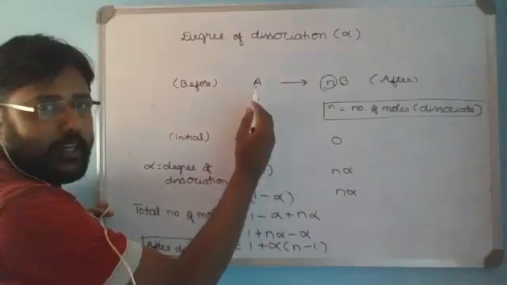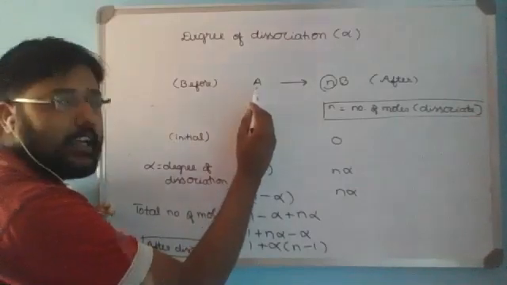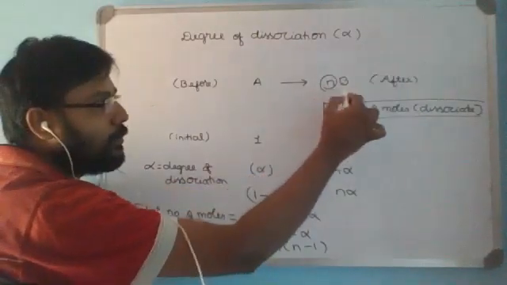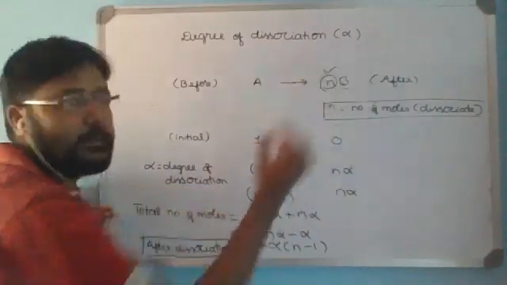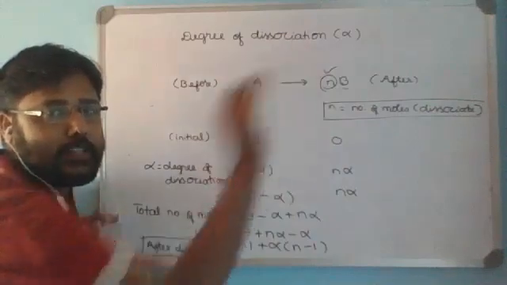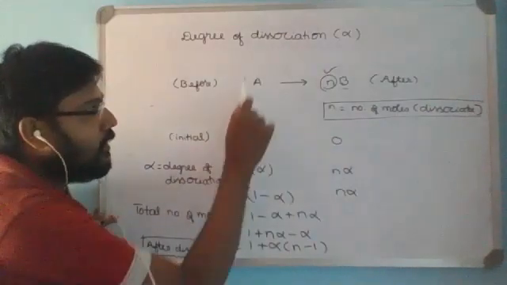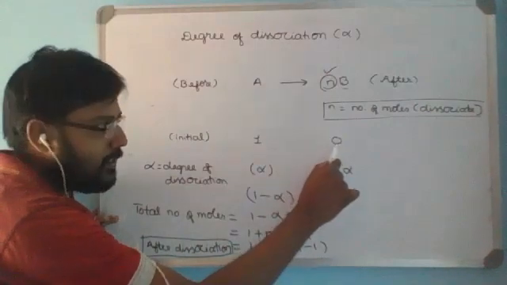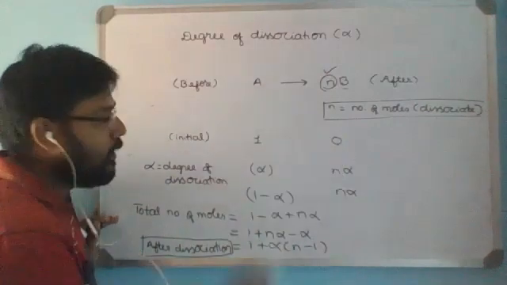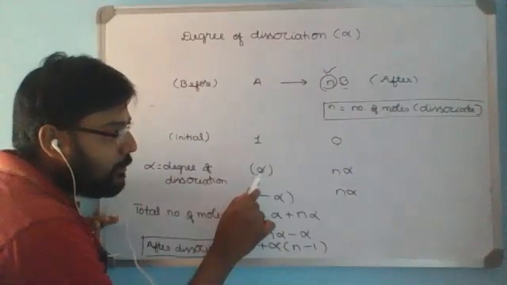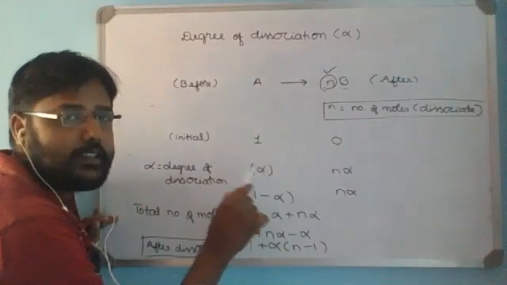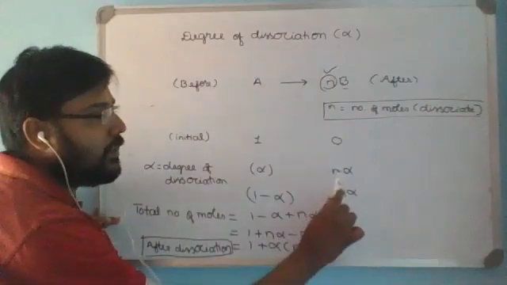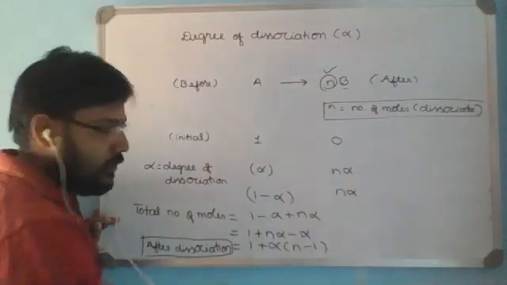Consider some electrolyte A which undergoes dissociation, giving some n moles of ions. So we'll take only the number of moles of solute and dissociated ions now. Initially 1 mole of A is there. There is no dissociation of solute in the solution because it is not added into the solvent. After adding, we'll assume some degree alpha of dissociation of the 1 mole of solute. So n alpha is the number of moles of dissociated ions.